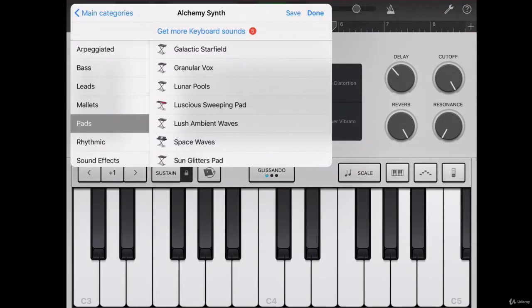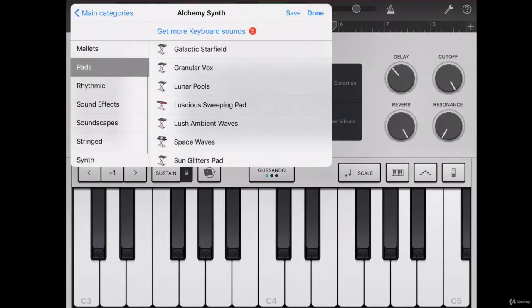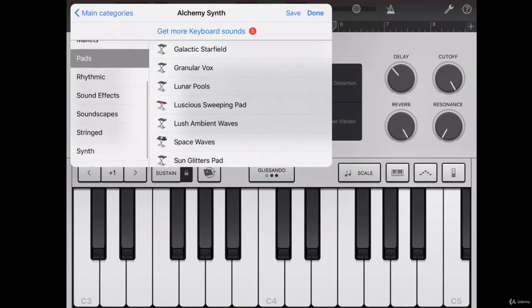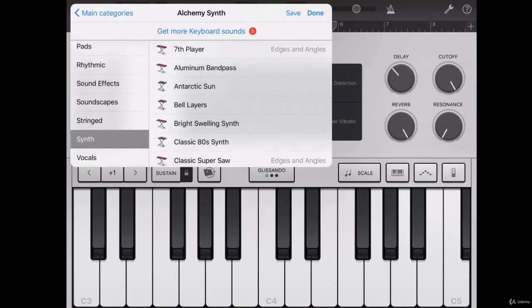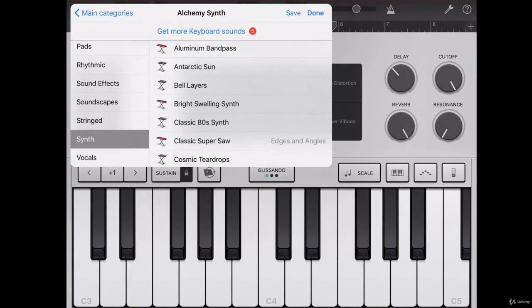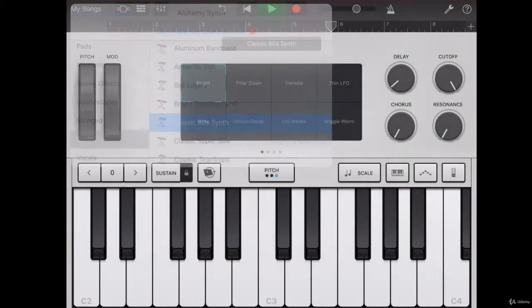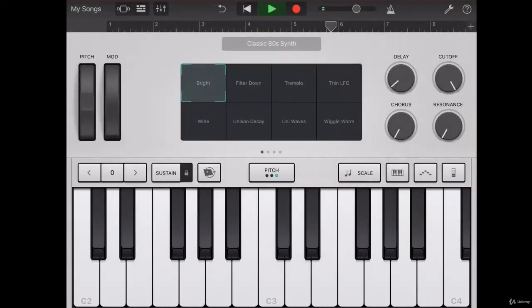Like that. Let's see if we have something else maybe here. Let's go for a synth. Classic 80s synth. That sounds nice. So as you can see, you can play either keys, you can create chords,